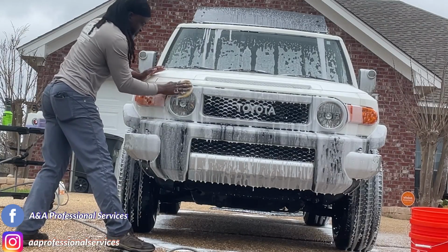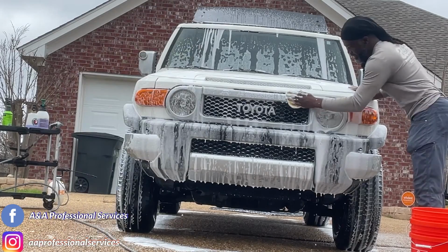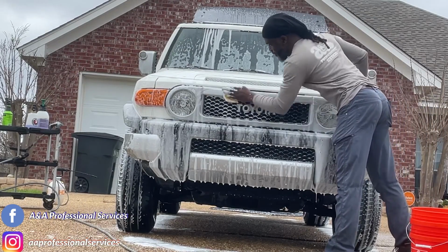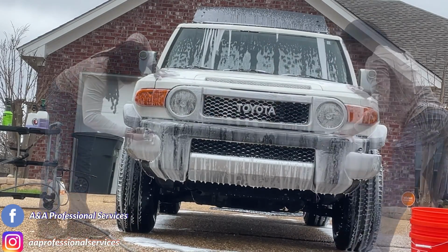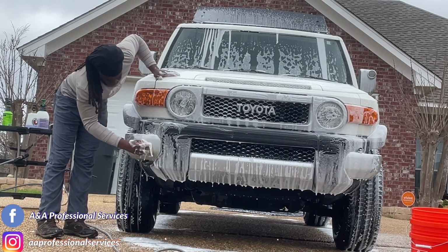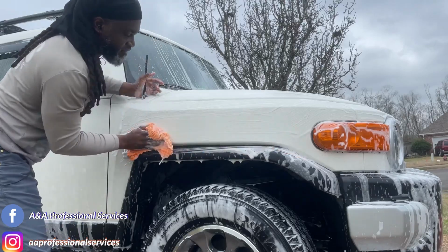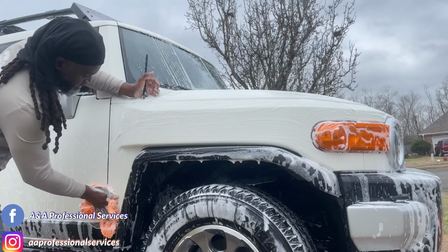The most important thing in the ceramic coating is the prep. The ceramic coating sounds like it's the biggest thing, but the most important thing is the prep. The prep includes anything like polishing, claying, washing, compounding, wet sanding, anything you have to do to get that vehicle to look its best. Also, you want to strip everything off